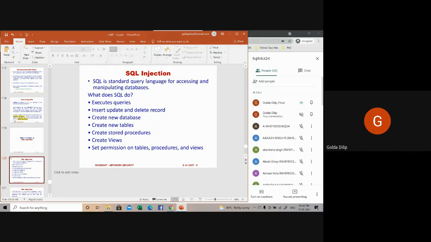The web tier interacts directly with the application layer, which in turn interfaces with the database tier.